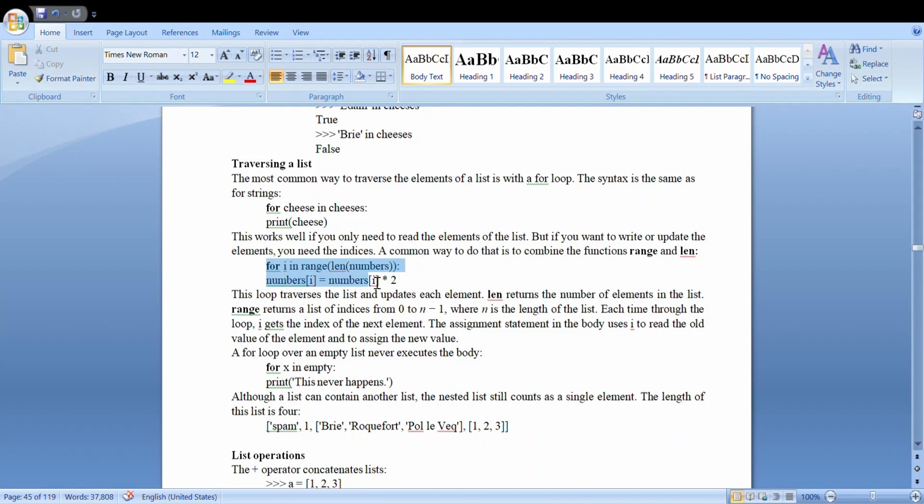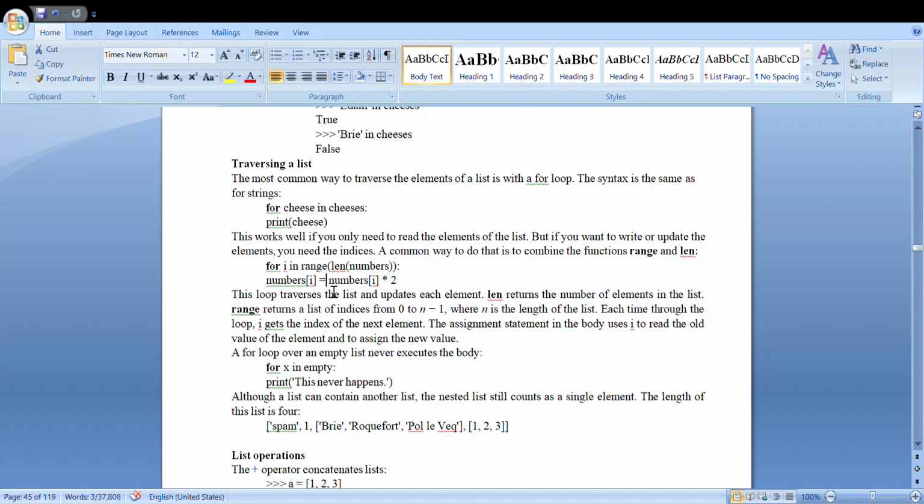Now the next example shows how we can use the range and the length function. This example says for i in range of length of numbers. Numbers here is nothing but the list name, so it returns the total number of elements in the list, and we are traversing across the list for so many elements, and numbers of i is equal to numbers of i into 2.